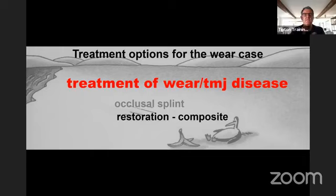So let's look at the composite first of all. Now, what is our ideal? Why composite? What do we know about composite? We know that it's fairly easy and cheap to put into the mouth. The problem with it is that it degrades rapidly. Under bruxing and clenching forces, with erosion going on in the mouth, you can imagine a composite's going to last in the region, I'd say, maximally 5 to 7 years before either it's worn down or aesthetically it needs to be